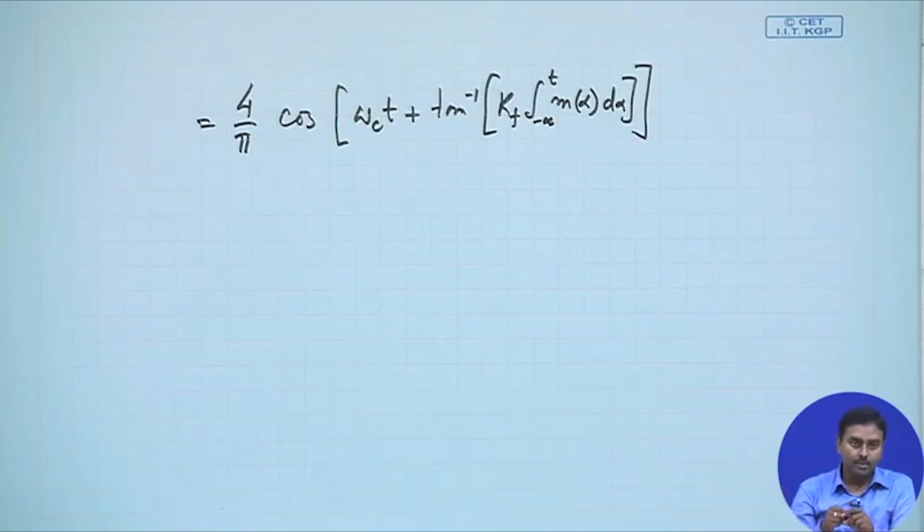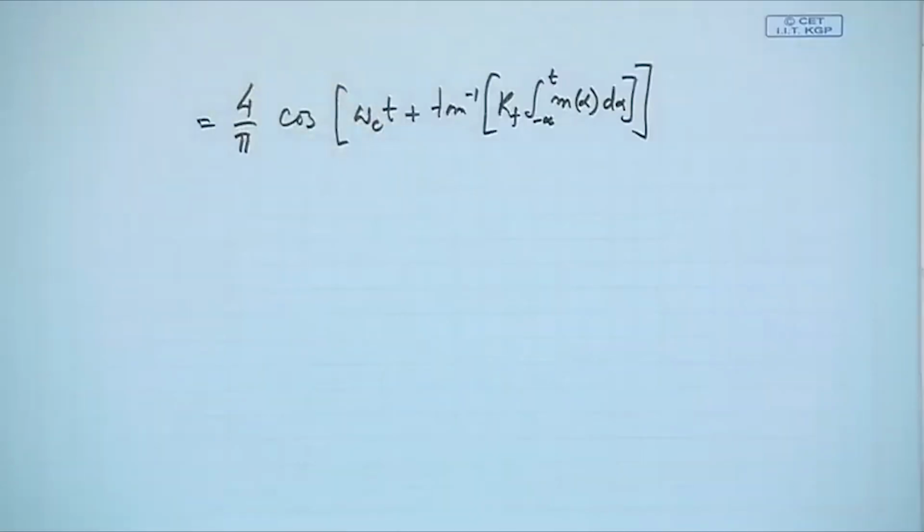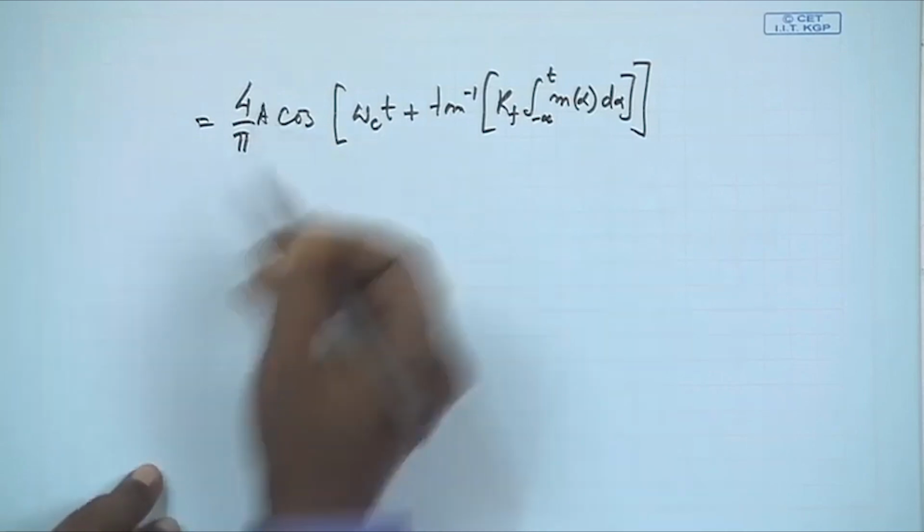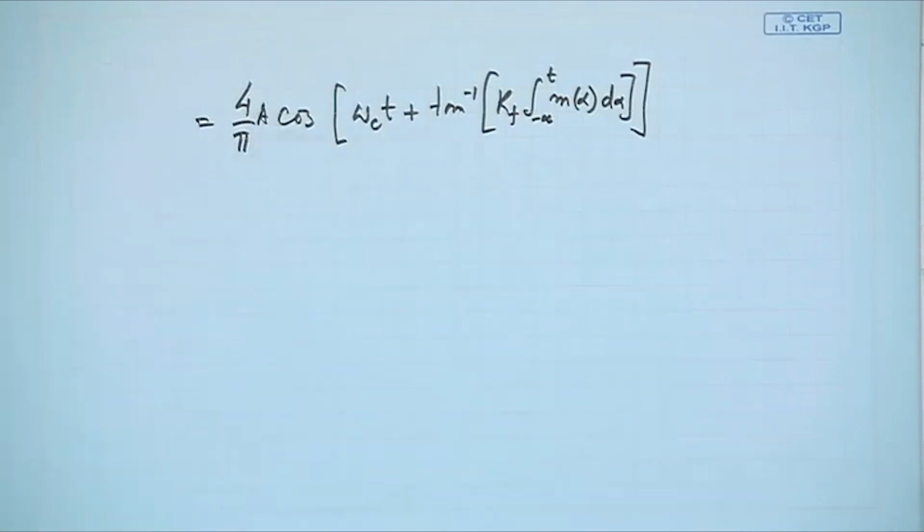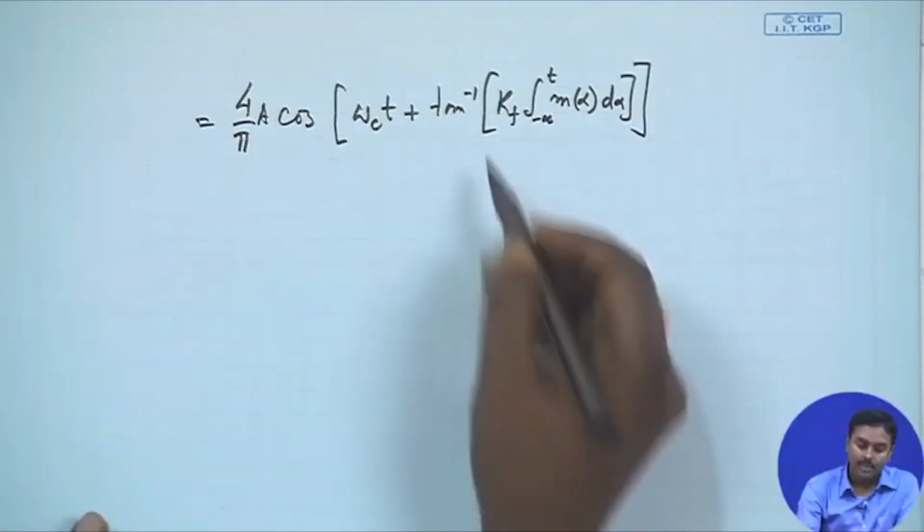So, basically I will generate a narrow band FM, and before launching it I wish to make the amplitude constant. That is what I have done. Here you can see that the amplitude variation is gone. I just have 4 by pi, and of course that A factor will still be there, because it was already there. Then I have cos of this one, as long as tan inverse